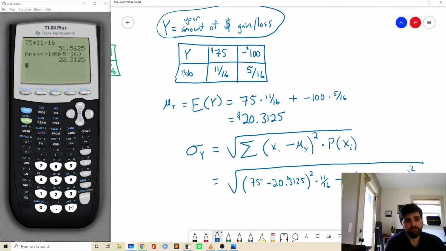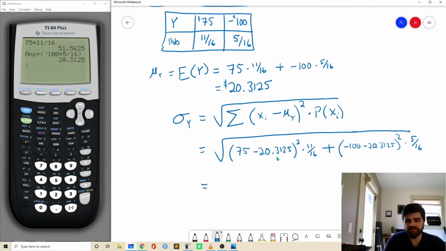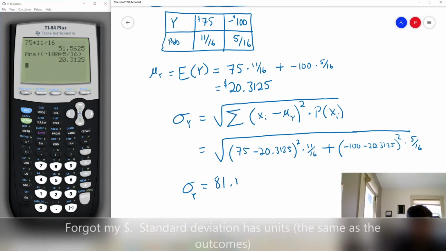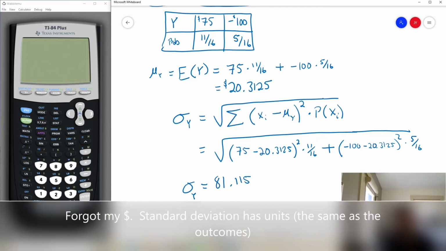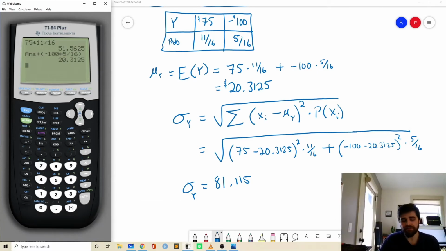I've already done this. We went through, we subtracted this and squared it, multiplied by the probability and all that business. And let me see what I got here. I got 81.115. Trust me on this, if you do this carefully, you'll get the same thing. But I never ever do this by hand. There's an easy way to do this in the calculator. So I'm going to show you here, and if you need to do this, you can come back and